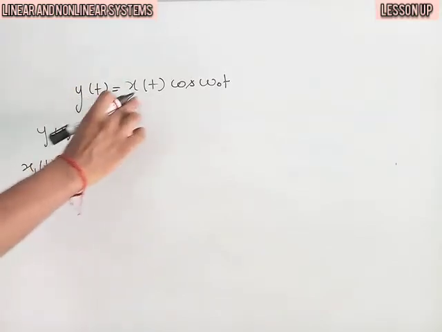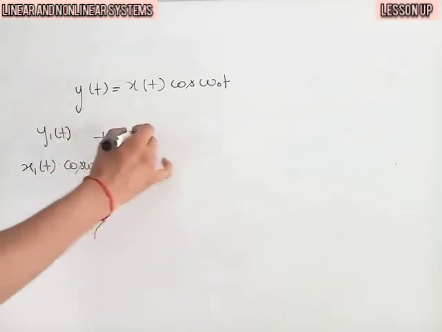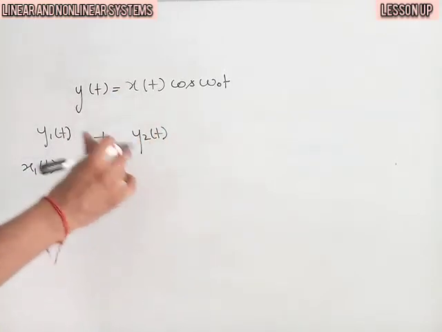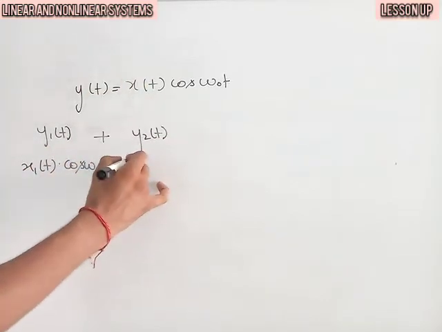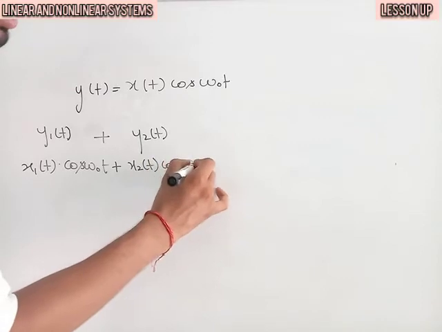Plus, if we give input x2 of t, we will get output y2 of t, and y2 of t should be equal to x2 of t cos omega naught t,